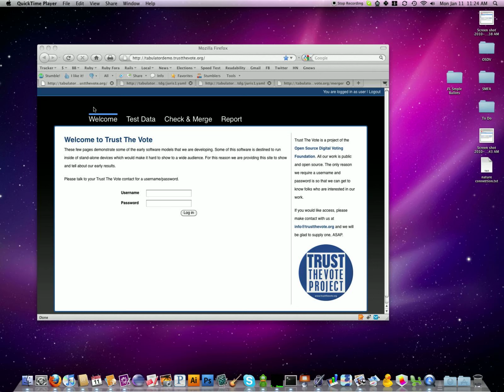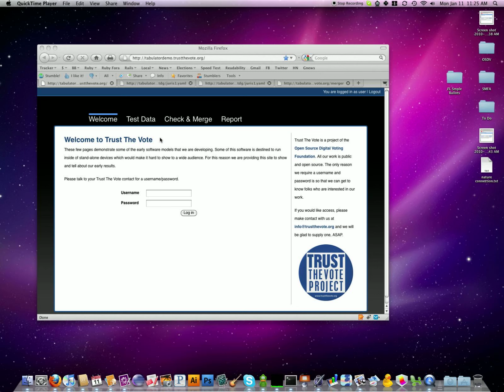In order to demo this, we have to put a little bit of a fake facade over it, so what we've done is put those applications and that logic behind a simple web-based pretty face to allow us to show this off. And that's in the form of this tabulator demo. Basically what I'm going to show you is how we can generate test data following the formats we've defined